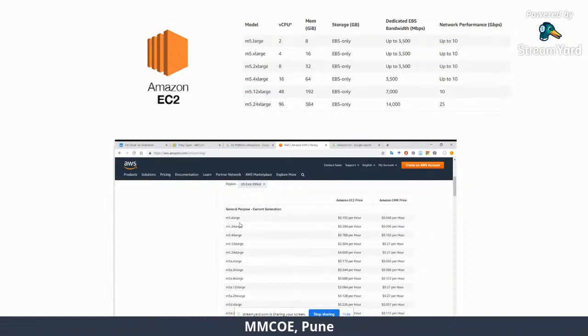For example, if you are using M5.xlarge, which provides 4 CPUs and 16 gig memory, you pay around 20 American cents an hour, which is quite affordable. Amazon Web Services is popular because of its affordability, and it is really very cost effective.